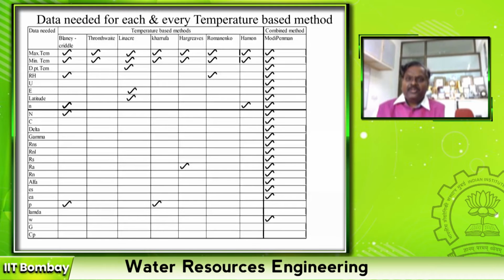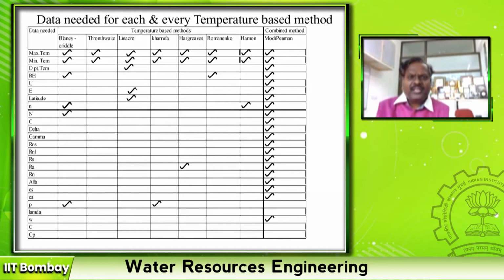In our research, we have developed reference crop evapotranspiration using a radiation based method, a temperature based method, as well as a combined method. But the combined method, you have seen, is a cumbersome process. It's not possible for a field person to use it. So what we did, we converted the Blaney-Criddle method by carrying out a re-regression, and the coefficients are modified such that the equation will give you evapotranspiration as if estimated using the modified Penman method. It is published in the Institution of Engineers. You can have a look at that.